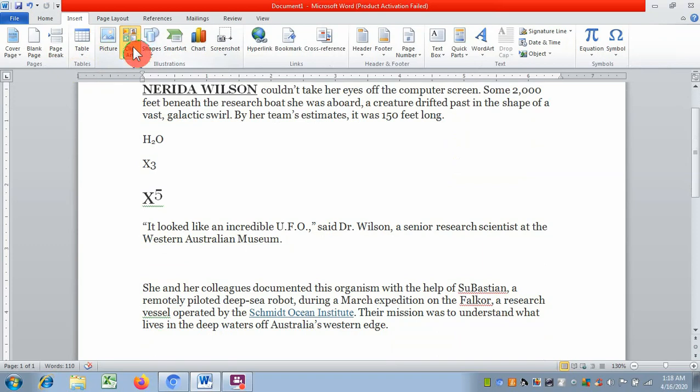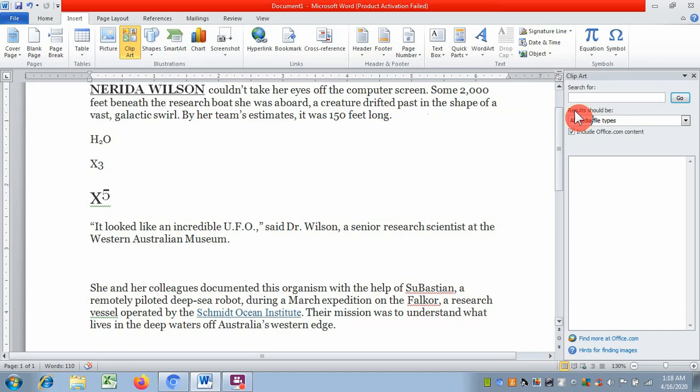Wait a little and you can see at the right hand side a small window, and we can search the type of clip art we want to include. Suppose I want animal, any animal.